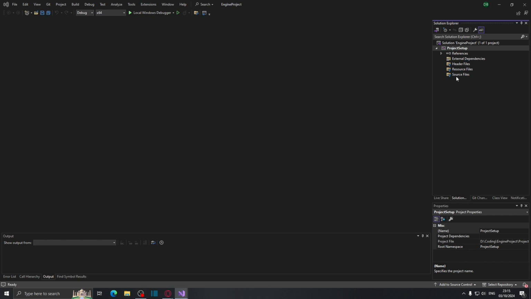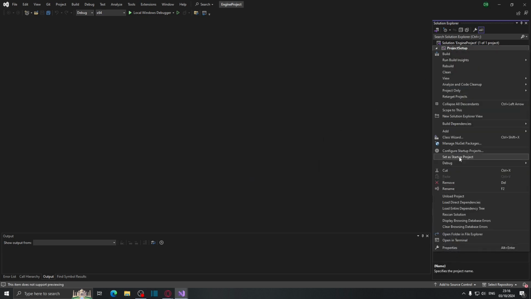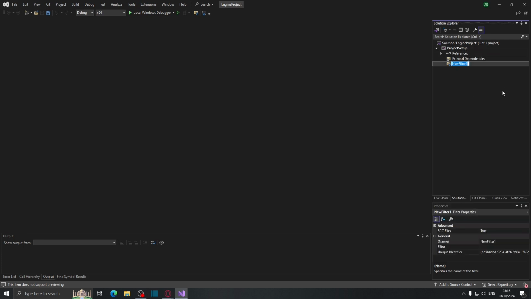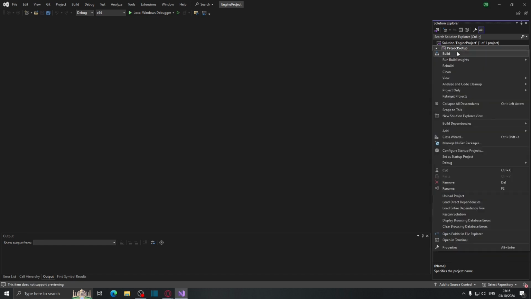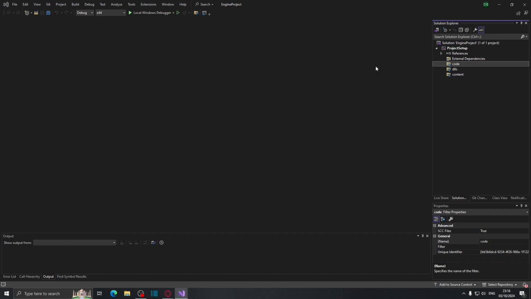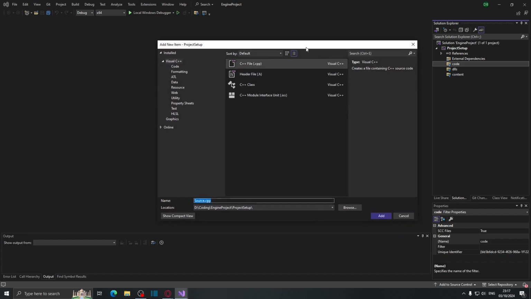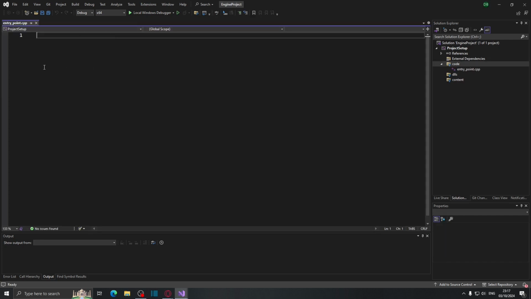This is the project setup part. We need to change this. Coding language doesn't matter. I use C++ because I like coding in C++. The first file I'm going to make is going to be entry point. I call this file entry point because this file includes the main function, which is the entry point of the